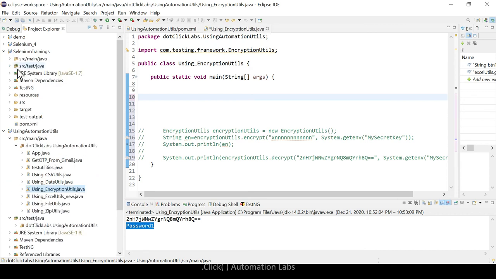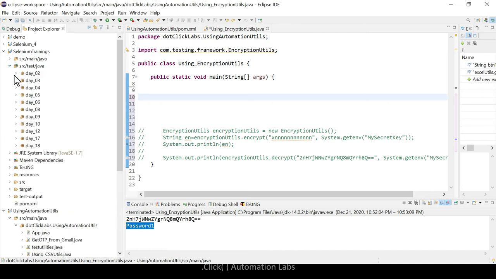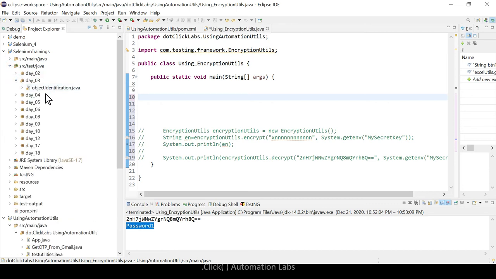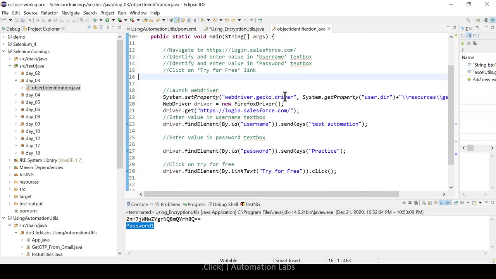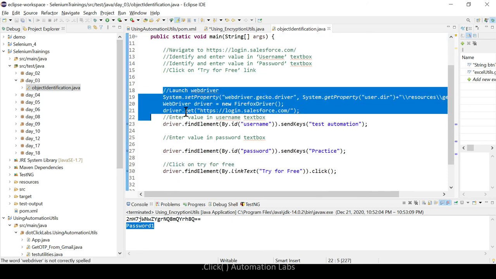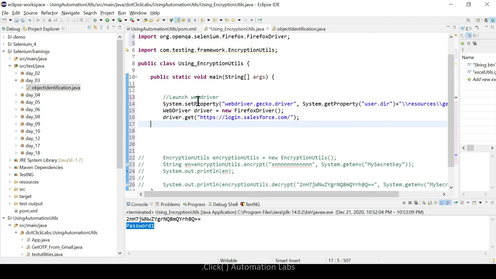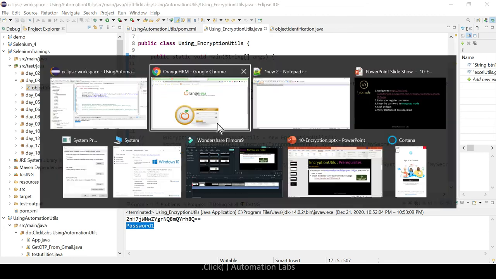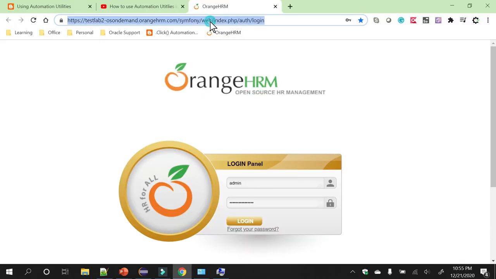So let me copy the code. I'm not doing it from the beginning. We know how to launch the browser and all. This is the launch WebDriver. This is to navigate to the site. So I'm borrowing this code and moving it over here. Okay, guys. So now driver.get, I need to navigate to this web page. Copy this.